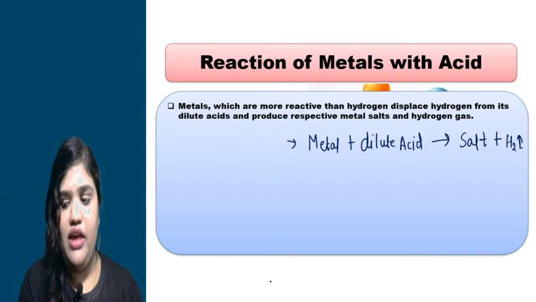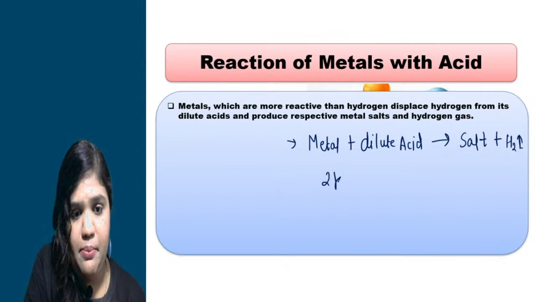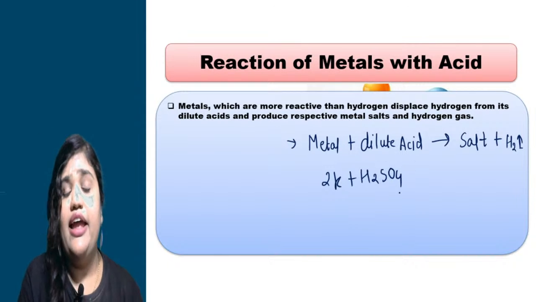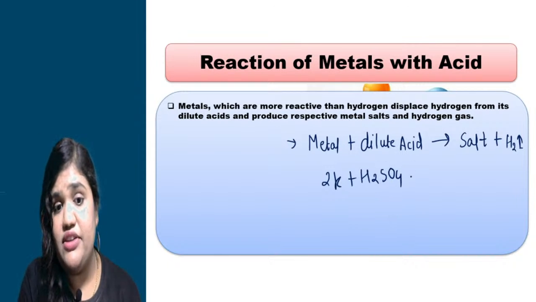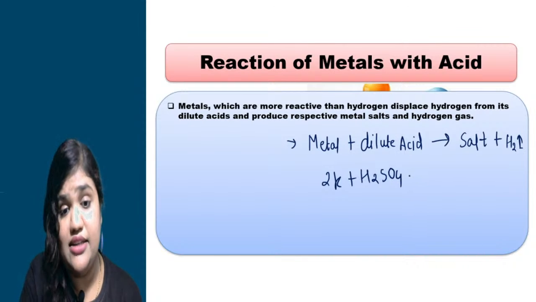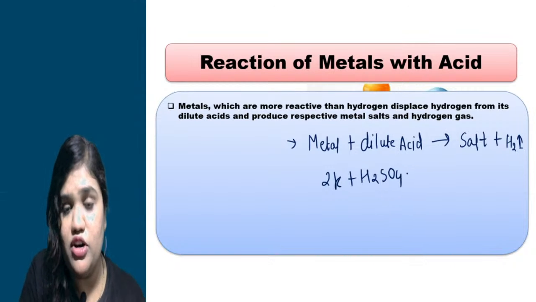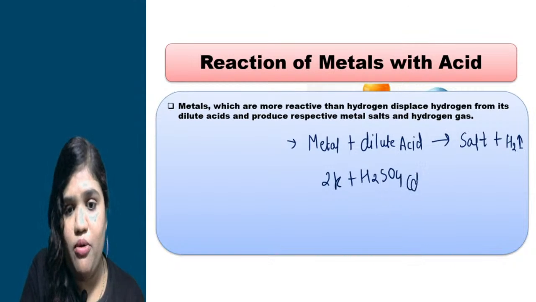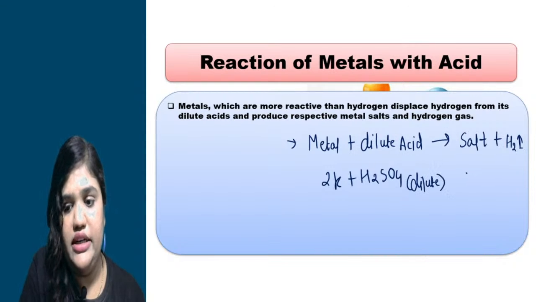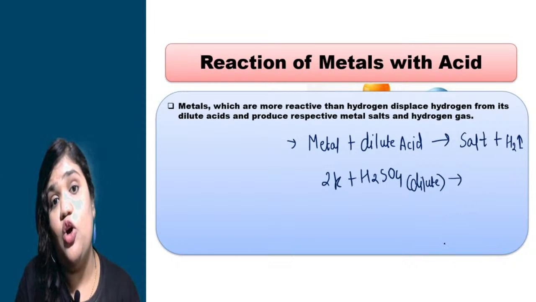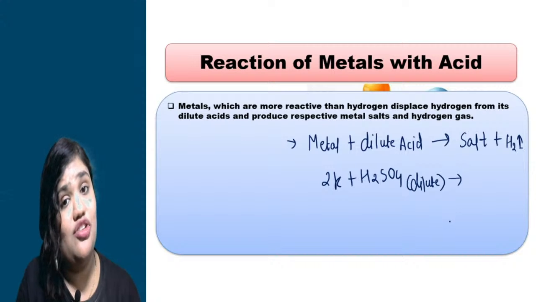Again, we have to take an example for that. Let me give you one example. 2K potassium when reacts with dilute H2SO4. Can you tell me the name of H2SO4, everybody? H2SO4 that you have studied in standard 7. H2SO4 is dilute sulfuric acid, because we are going to use the dilute form, not the concentrated form for this reaction. It is mixed with water, it is in the aqueous form. So there is a formation of salt, and along with that there is a formation of hydrogen gas.